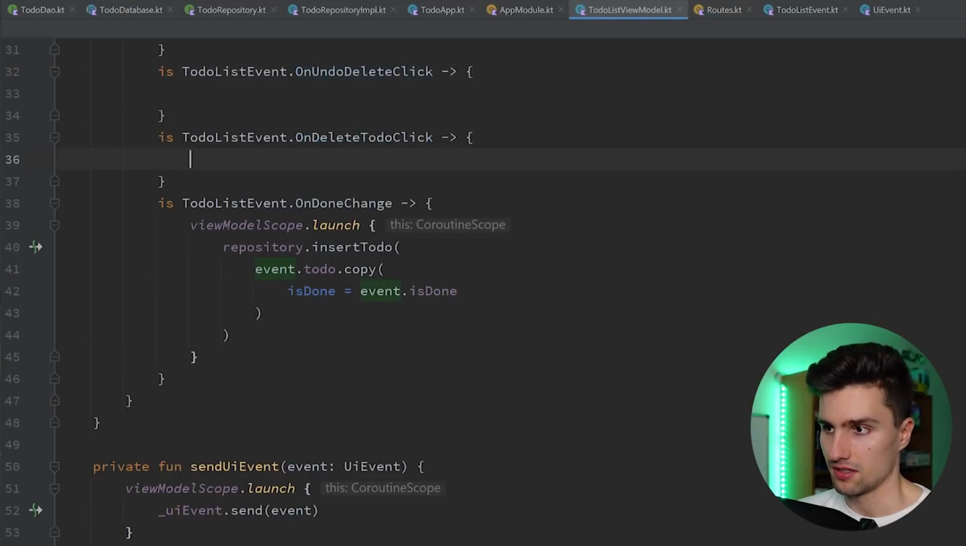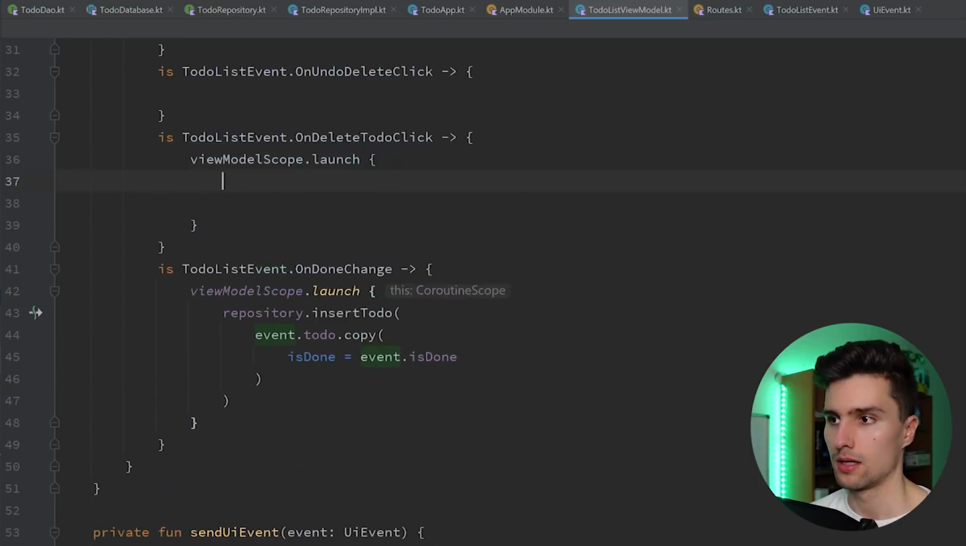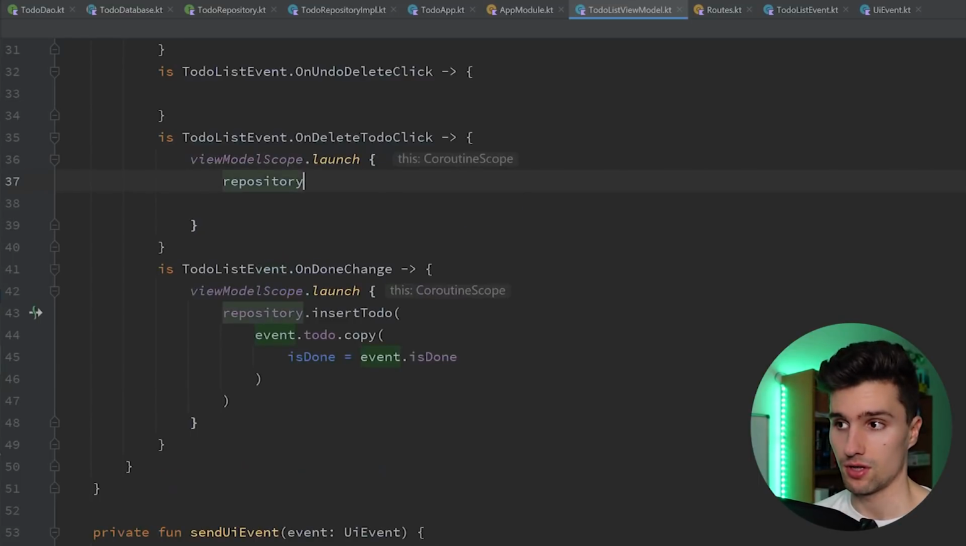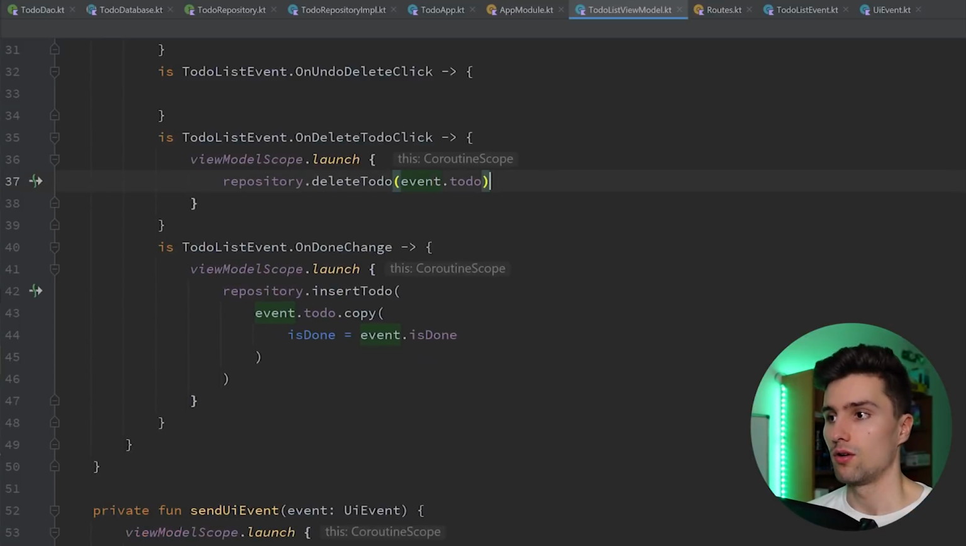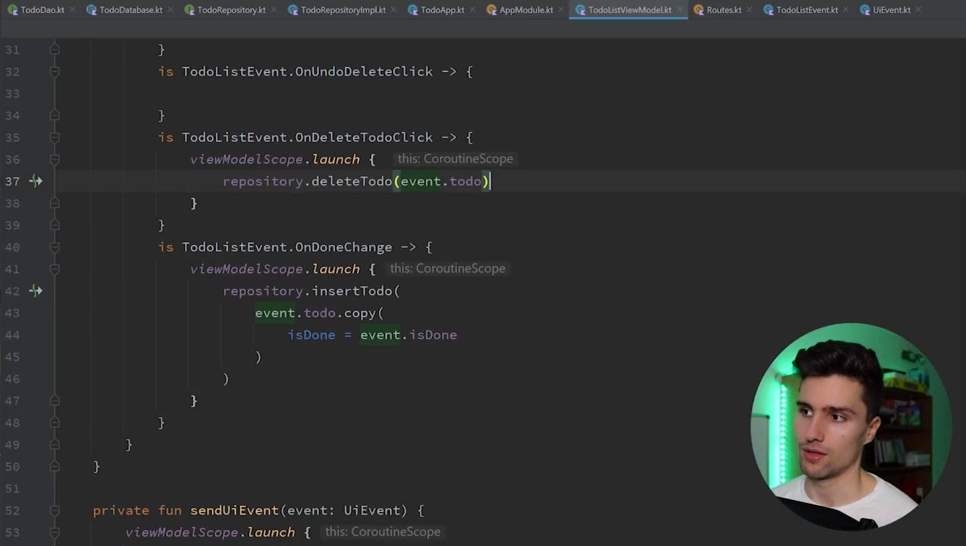Let's start with deleting a to-do and also launch a coroutine here. How would we do this? We of course want to say repository, delete to-do, and we pass our event to-do. That is already enough to delete it. However, we need to also consider something here, because we want to be able to undo that deletion. And how do we know which to-do we actually want to undo when we click that? Because of that, what I will do is,